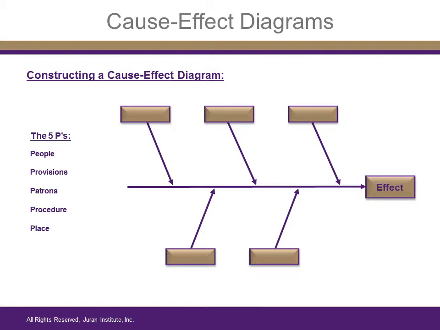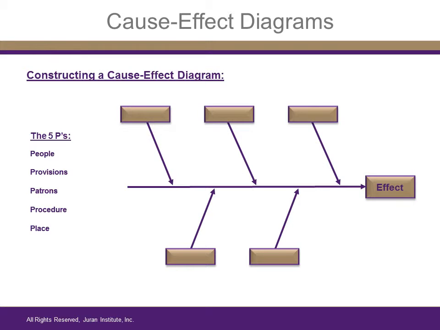Patrons are the external customers to the process. Procedure represents the workflow and standard procedures and protocols within the organization. Finally, place stands for the environment in which the process takes place. The 5 P's are a helpful tool because they remind us to consider all of the possible types of causes